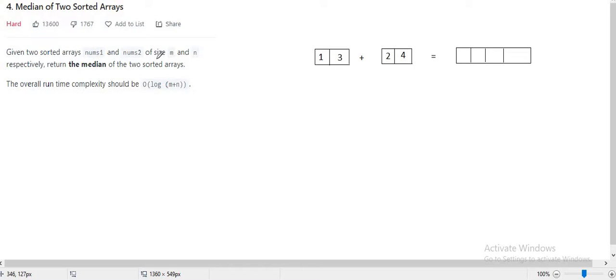Hello everyone. Today we will solve the fourth question of LeetCode. That is, we have to find the median of two sorted arrays. Here two arrays are given, one is A and one is B. Both arrays are sorted. So to solve this question, the best approach will be to store these two arrays in